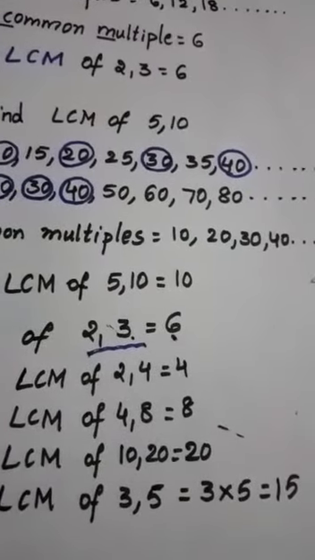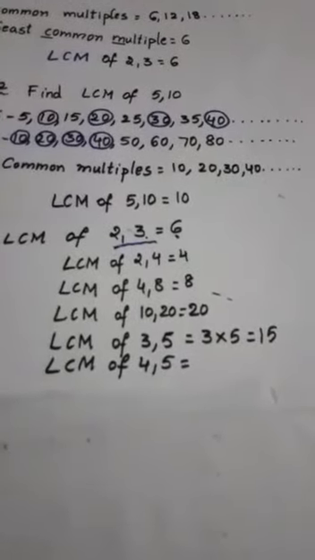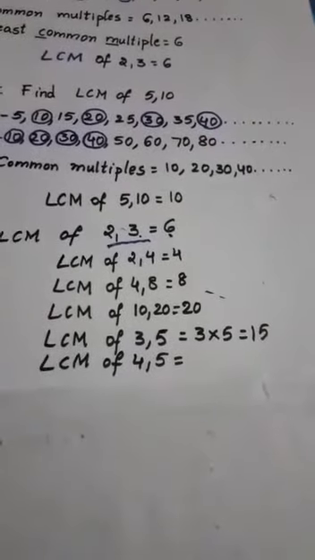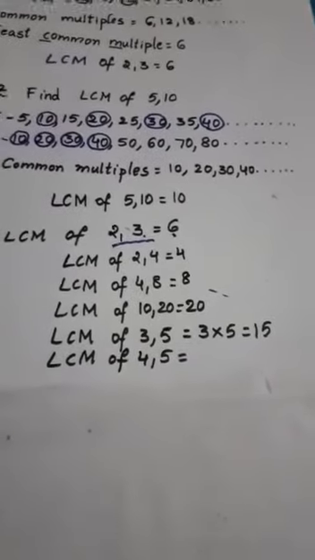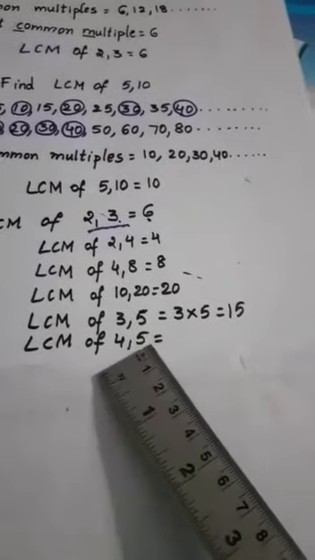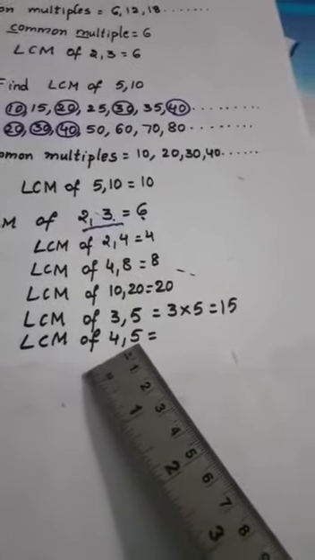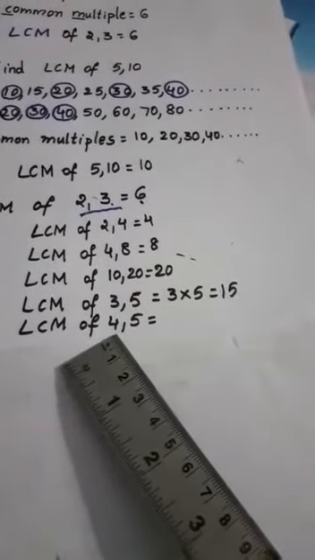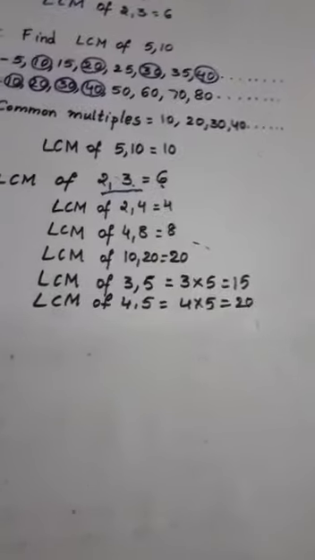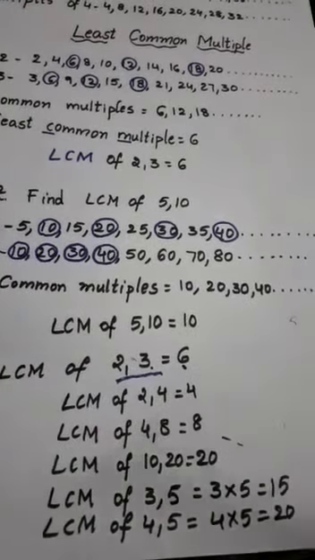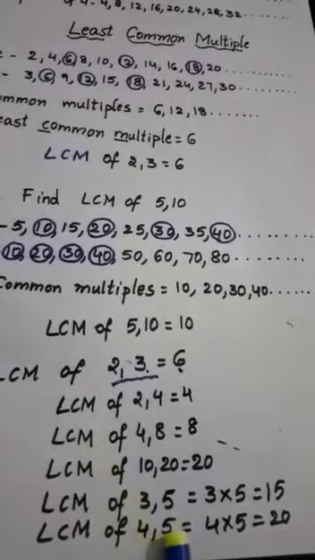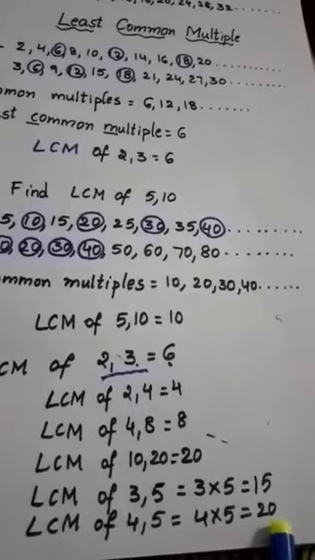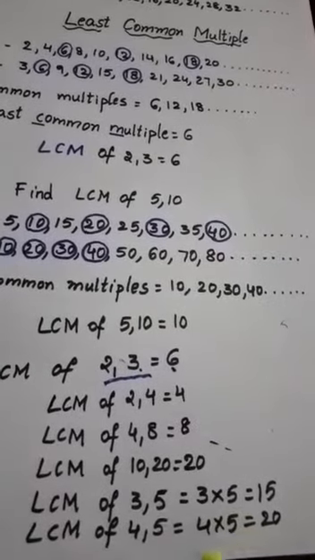This is the other shortcut. Now can you tell me in the same way LCM of 4 comma 5? 20. Very good. Why? Because in the 4 table 5 is not there. In the smallest number's table the greatest number is not there. Then what should you do? Multiply these two numbers, 4 into 5. Here with 4 and 5 there is no common table, so multiply 4 and 5. 4 fives are 20. Okay, now you understood these two methods.